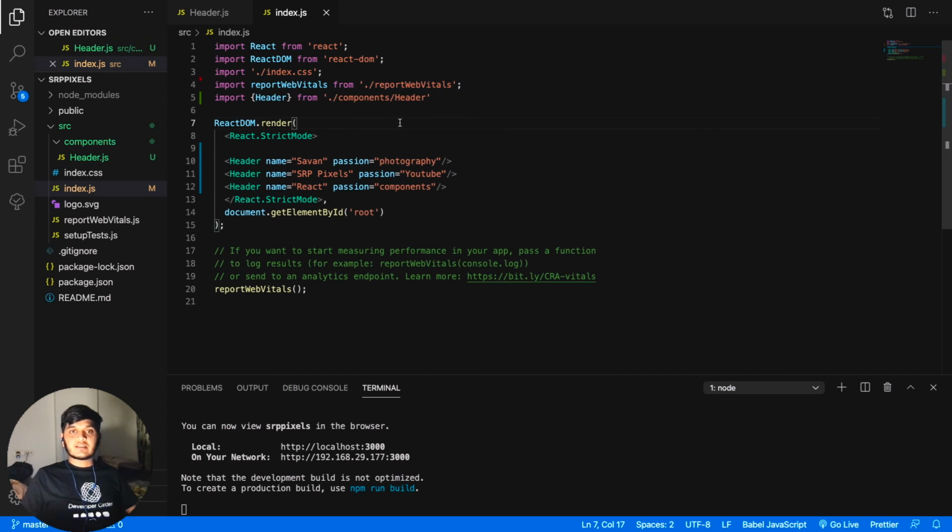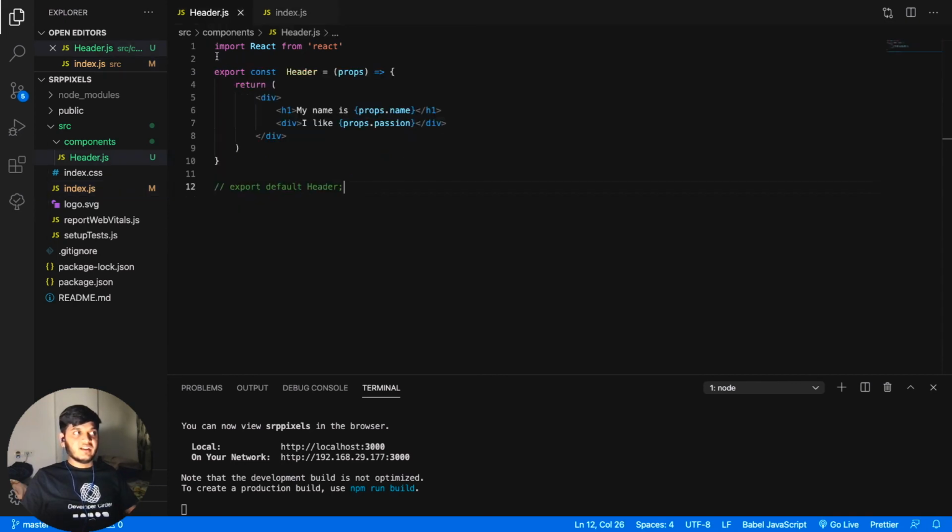So that was all, guys. I hope you have understood components, props, and functional based components. Let's make a quick revision here. We just created a component named header.js. We created a simple function. We learned something new, that we can also export the function directly from here. And then we also learned the arrow function way, so three ways to create the function.